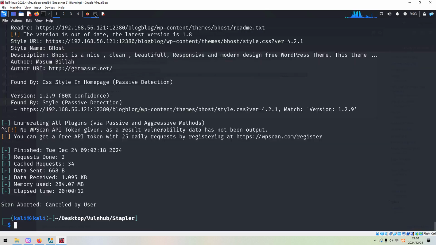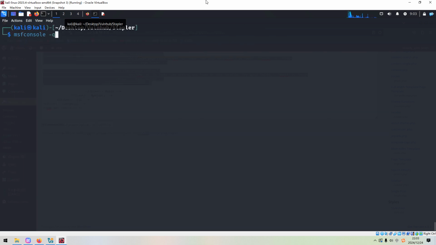Next, we can try to use the second way, Metasploit. So we can launch the Metasploit console. And then we can search for the module which can allow us to upload or get the shell.